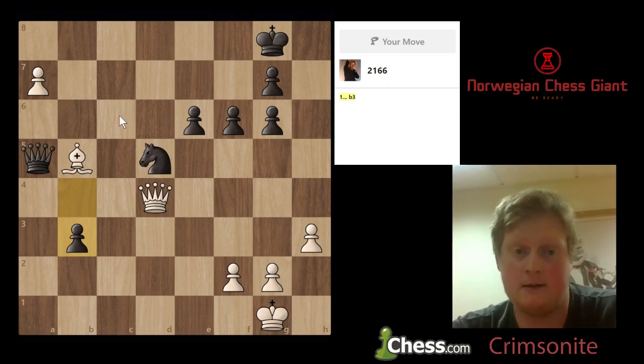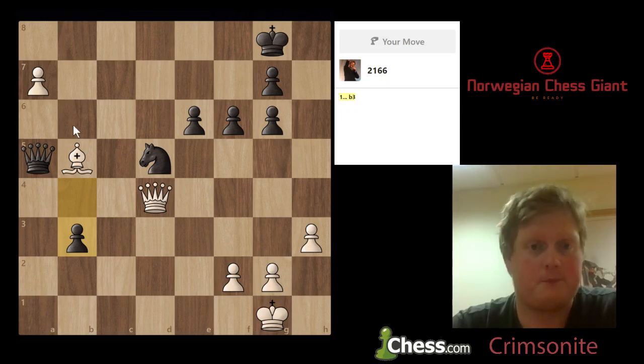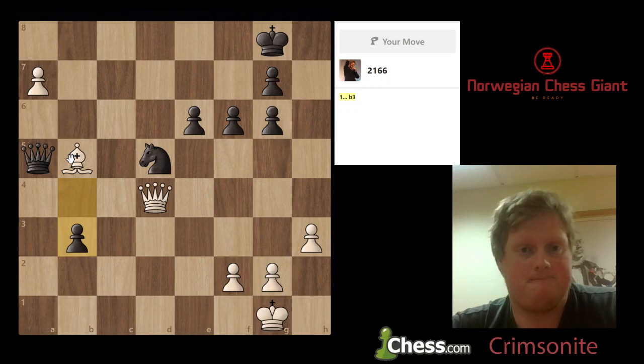I have bishop c6, threatening to promote. Then b2, queen captures b2 is not working for black, so queen e1 check. Yeah, bishop c6 might be the idea. Bishop c6 and knight to c7, or even knight to b6. Then queen captures b6. Bishop c6, knight c7, queen d8 check, king h7, queen captures c7, b2,